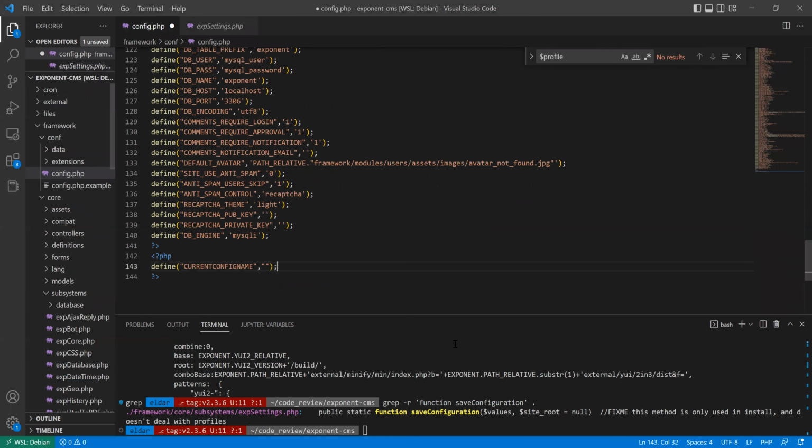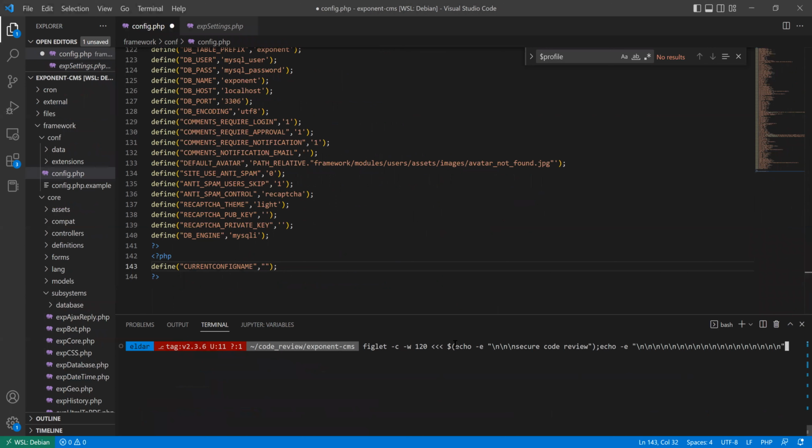A simple way to test that is to we can say